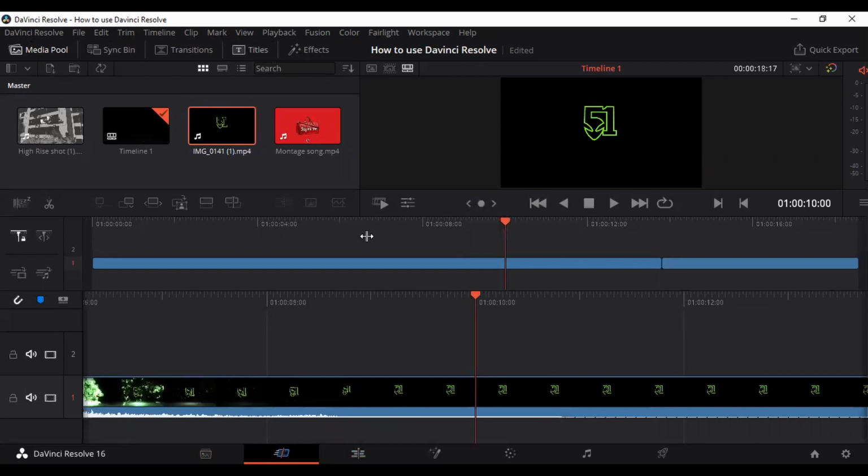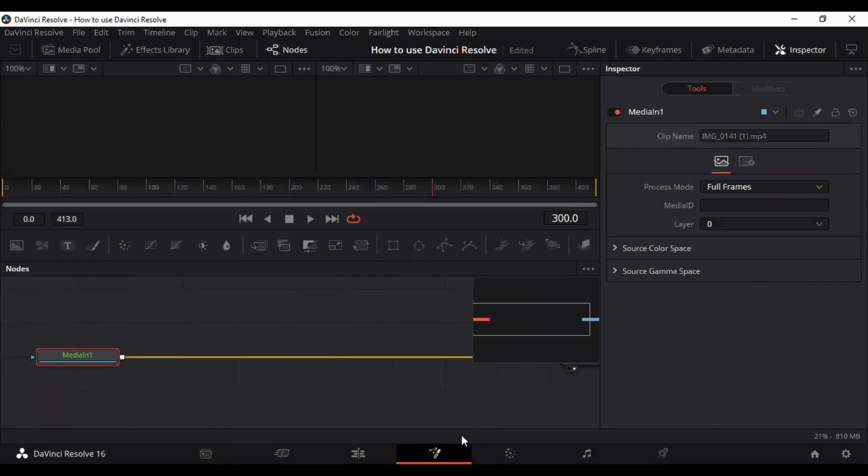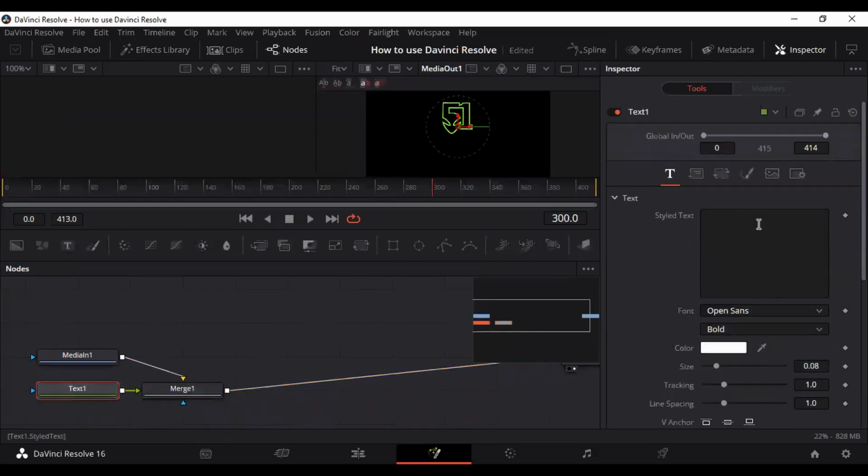So if, for example, if you want to go right here, this is basically how you can add text and other things. So right here, if I wanted to add a text, all you have to do is hit the text plus, and then you click on this one right here, text one, and you could simply put in, for example,